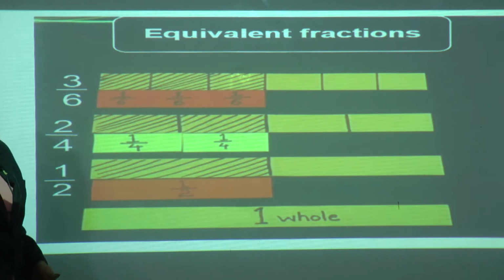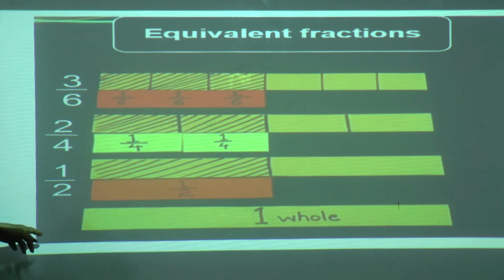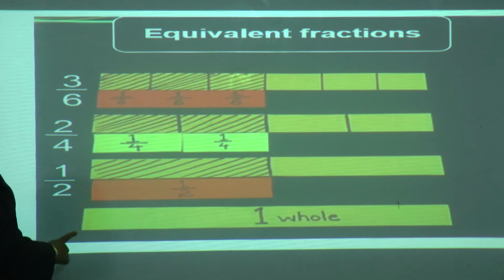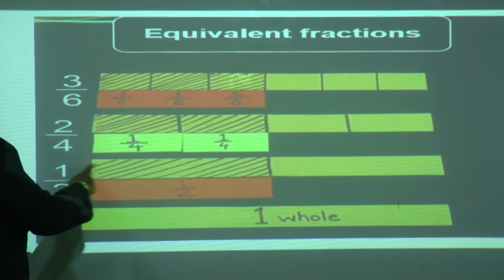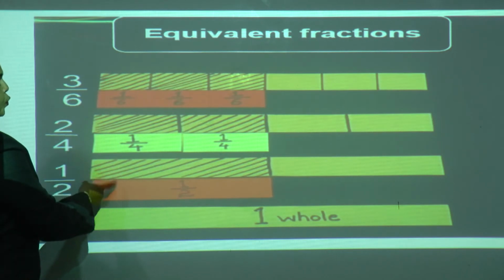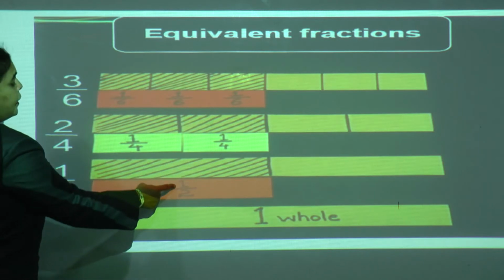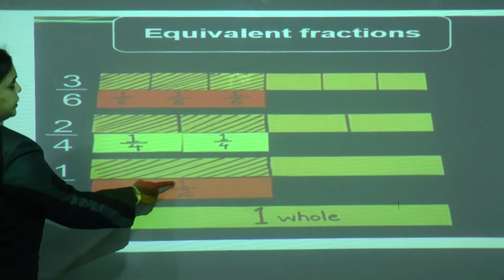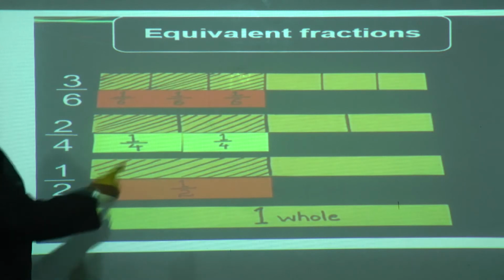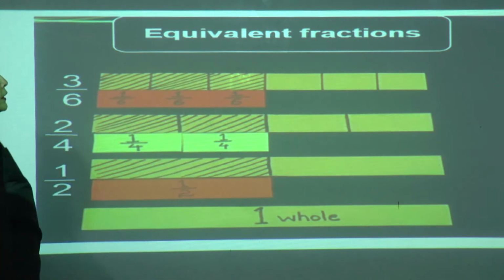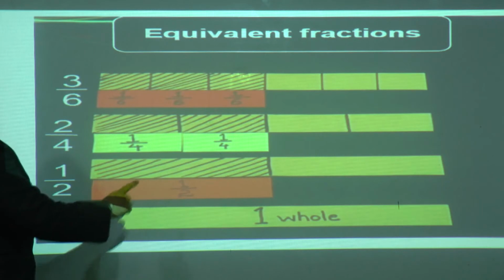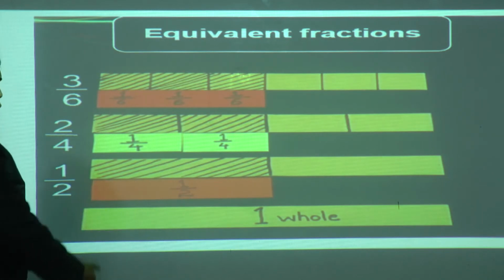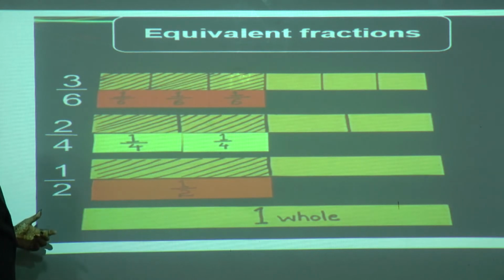One more example we have is 1 by 2. What is it? Yes, we use it in daily life, that is a half. 1 by 2 is half. Here we folded our strip into 2 parts. We divided it into 2 parts, and out of that one part is shaded. So we write the fraction as 1 upon 2. One part is shaded, which is written in the numerator, and the total number of parts is 2, which we write in the denominator. Now what does the yellow strip show? It is one whole strip.